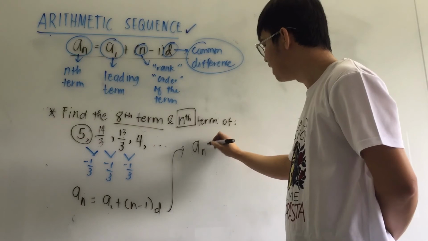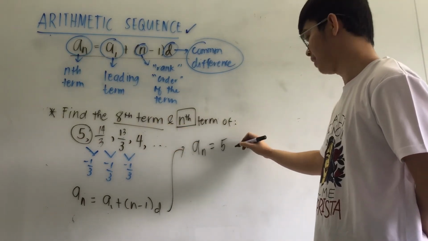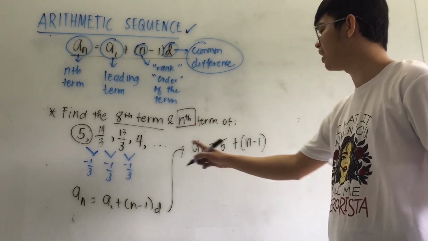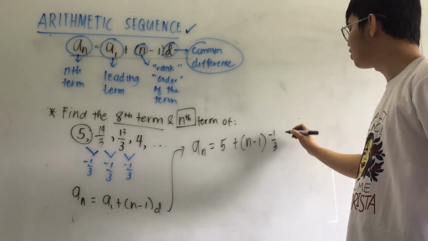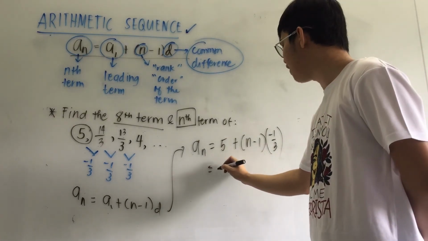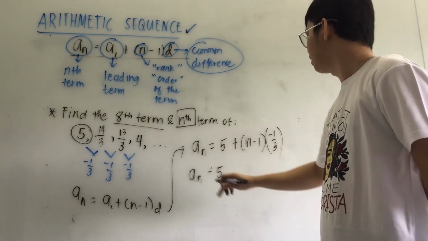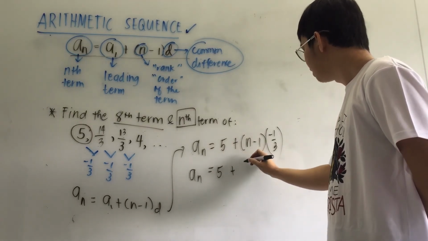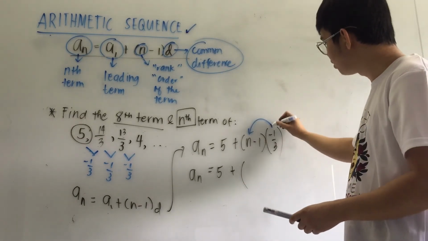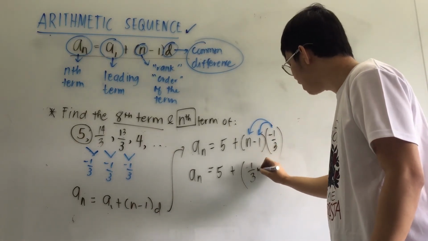So that's a sub n is equal to a sub 1, which is 5, and then plus n minus 1, since we don't have anything, and then d is negative 1/3. As you can see here, it has now become a fraction. Okay, now therefore this becomes a sub n equals 5, and then plus, distribute your negative 1/3 here to n and then to negative 1. This becomes negative 1/3 n